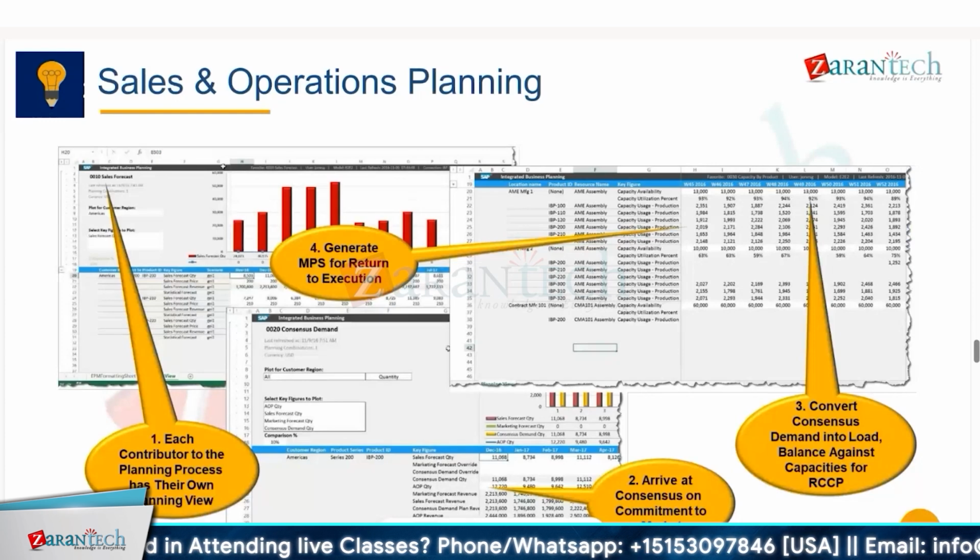Then the next step, as you can see here, is to load the consensus forecast into the demand planning tool, and from there it is automatically transmitted to the supply planning tool, whichever tool the organization is following. At this time the RCCP, the rough cut capacity plan, or the capacities are in place. If there are no capacities, or inadequate capacities, then of course the escalation goes to the management team for investment or capacity enhancement. Once this is finalized, step number 4 at a high level is the MPS generation,